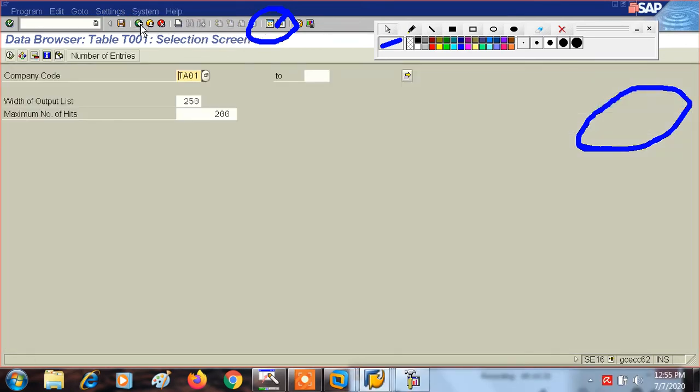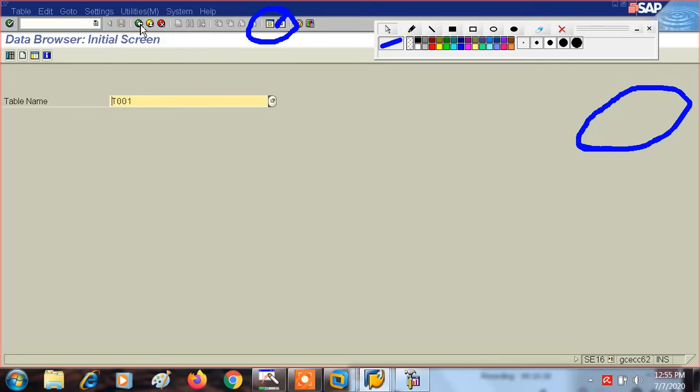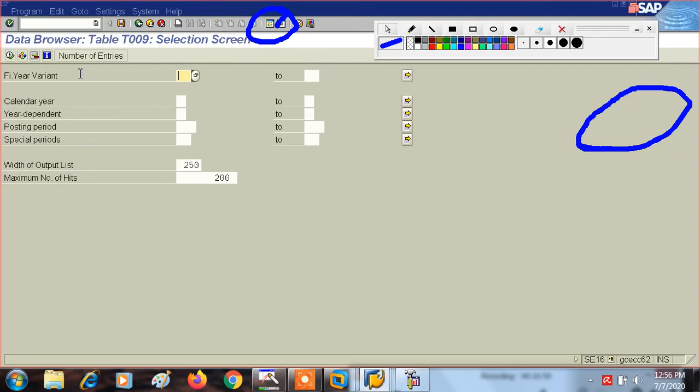Now if you want to see the fiscal year variant separately, then there is another table, T009. Okay, right now we saw the table of company and company code, where you can see all the customization settings which you have done about your particular company code or company.